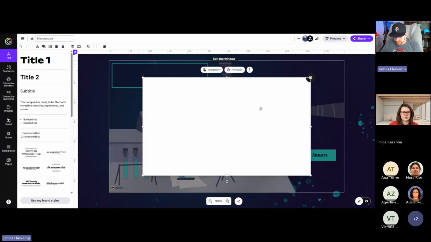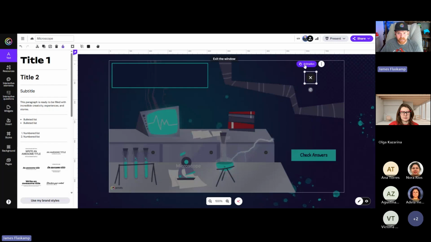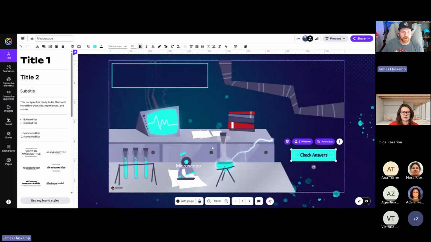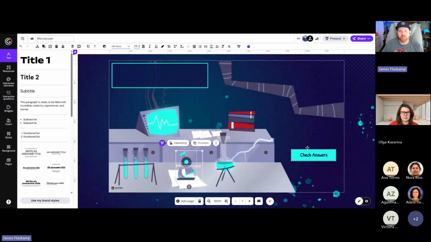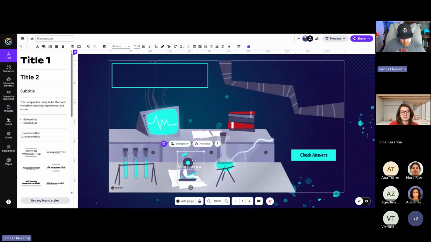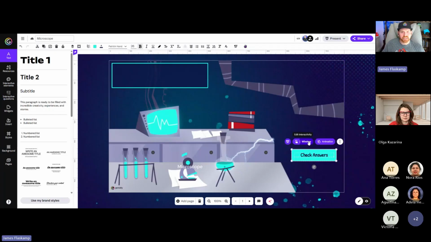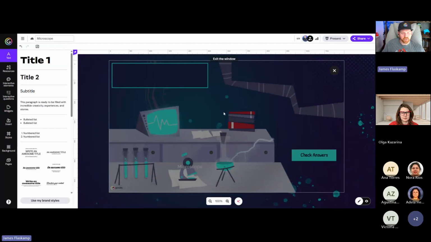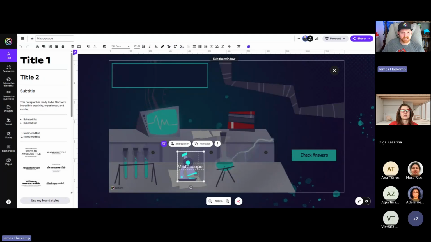So I'm going to unlock this and delete the white here and just move this over so it's out of the way. And now what I need is my answer key. In order to set up the answer key, it's pretty easy actually. Let's get out of the window. We will take all the different things that we want to appear in the answer key window, and we'll copy them. So in this case, let's say the microscope. I'm going to click it and do a Control C to copy it. Now I'm going to go into my interactive window to edit my window. Control V to paste.